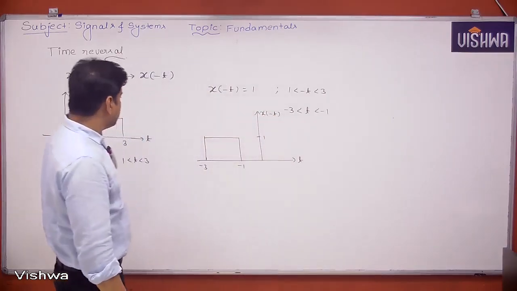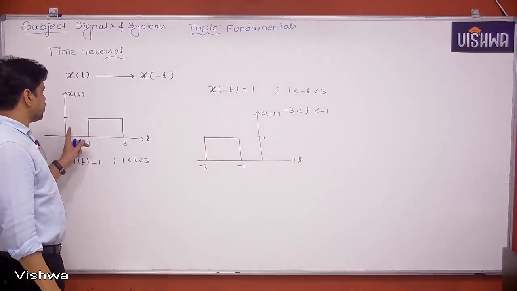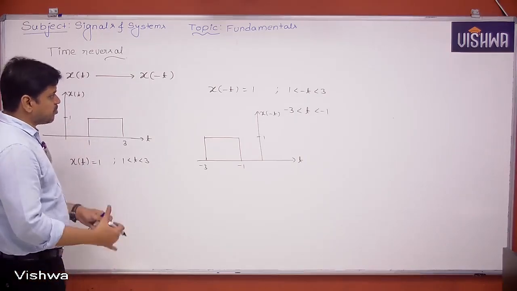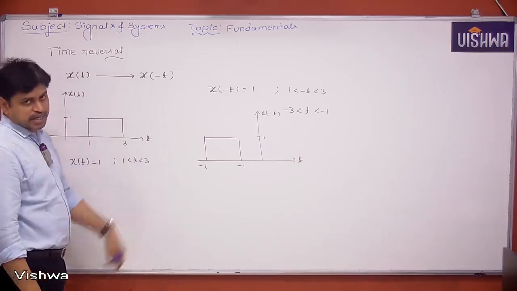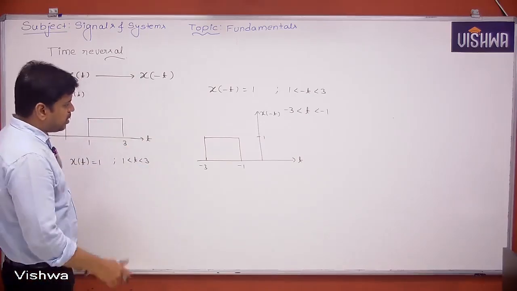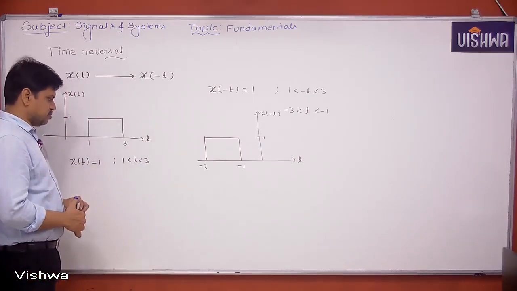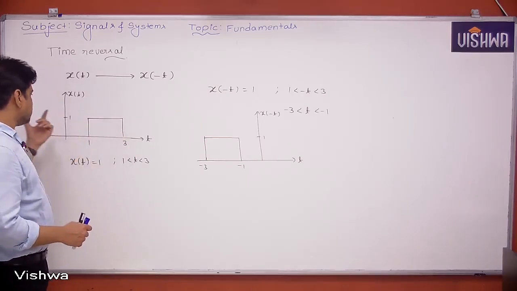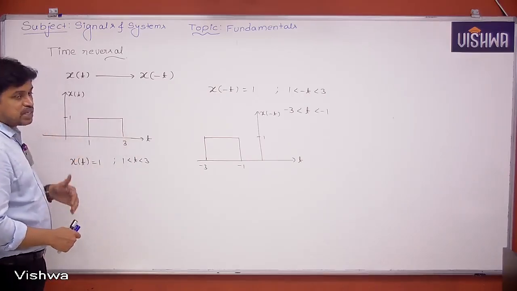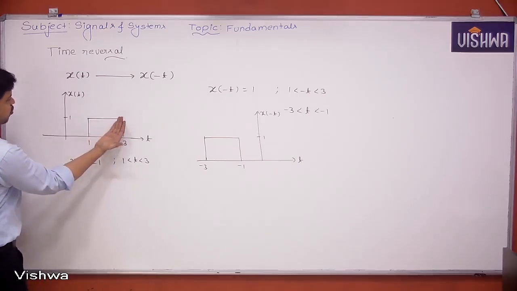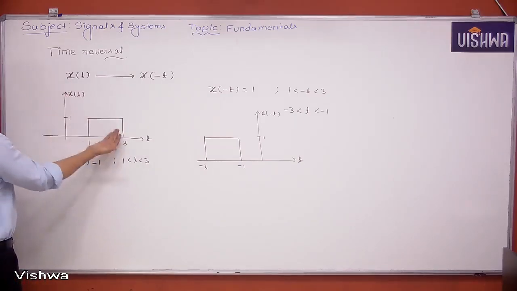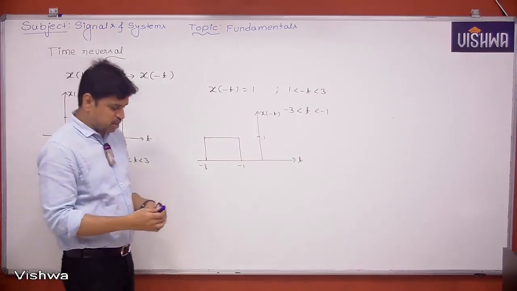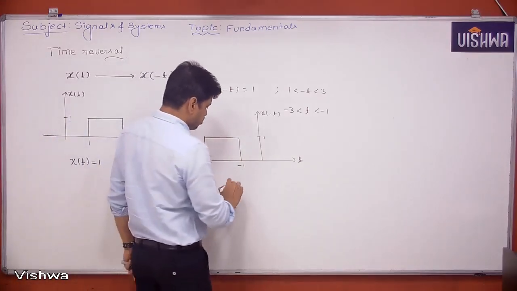So if you observe carefully, what are the changes we have done from x of t to x of minus t? Functionally, in the function we replaced t with minus t. That's what we have done. And graphically, what has happened? Here the graph is actually taking the mirror image, or we can say folding is happening. Suppose if I fold this one, 3 goes to minus 3, 1 goes to minus 1. That's what is happening here. So I can call this a folding